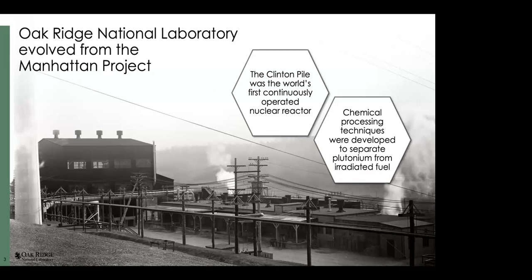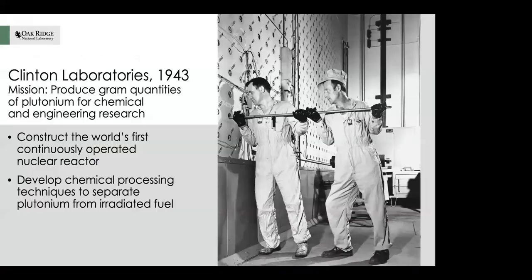There were three sites in Oak Ridge. One is what is Oak Ridge National Laboratory today, which used to be called X10. That's where plutonium enrichment using a graphite reactor was being pursued. There was another site called K25 that was doing chemical separations, and Y12 was using another process. So there were investments to do three parallel tracks of plutonium enrichment, not knowing which one would become successful first. And Clinton pile was the first one to go critical.